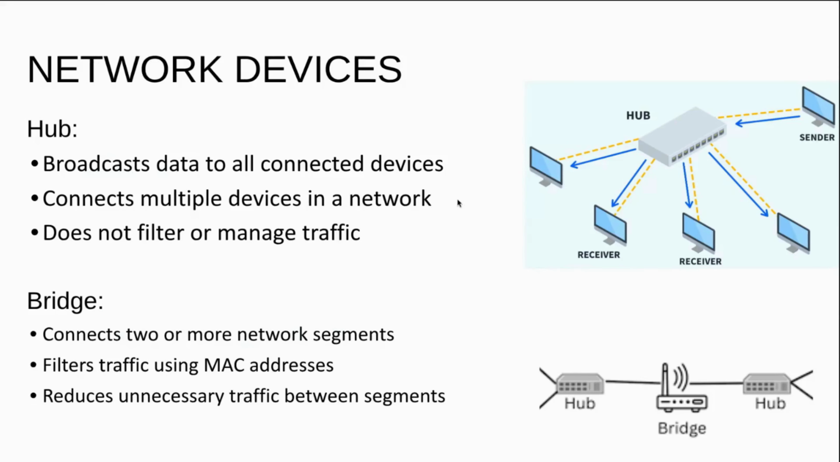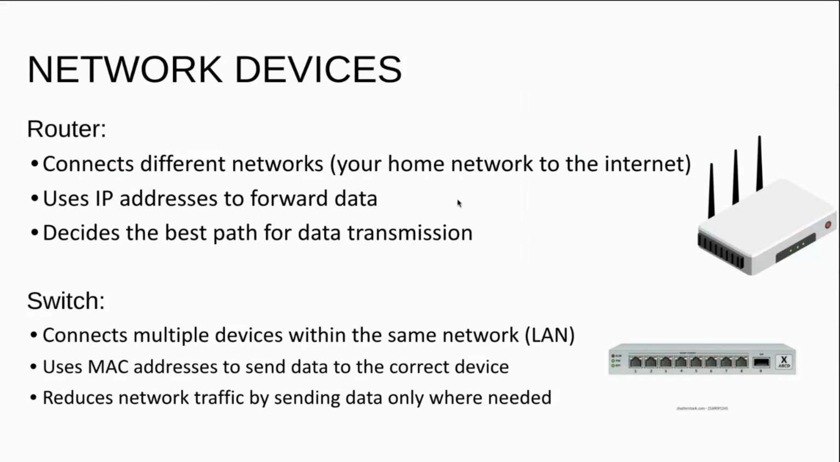Network devices control, forward, and secure data. The network devices are hub, bridge, router, and switch. A router connects different networks, such as a home network, to the internet. It uses IP addresses to forward data and assigns the path for the data to travel through the network. And a switch connects multiple devices within the same network, such as a LAN, and it uses MAC addresses to